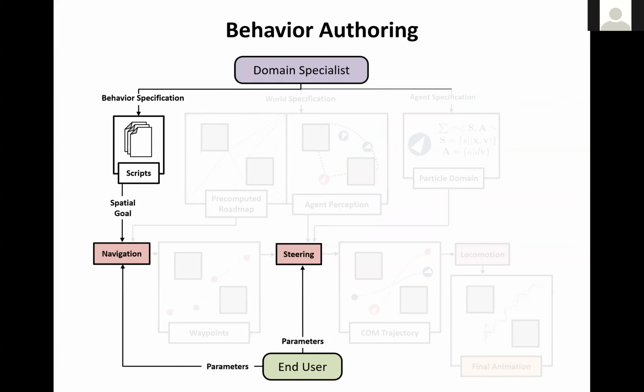And finally, we have a behavior authoring framework that sits on top, which provides tools to end users to be able to specify and automatically generate complicated interactions between multiple agents in dynamic environments. This behavior authoring is usually in the form of scripts, usually programming scripts or some other form of script specification, which is usually the task of a specialist. End users are usually provided with some parameters which they can tweak, but they're not often able to fundamentally author or alter the underlying simulation.